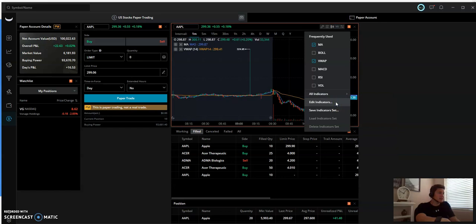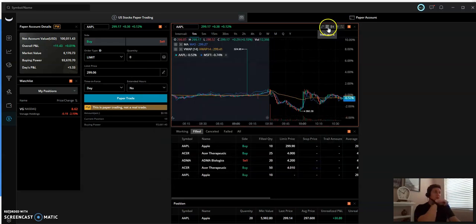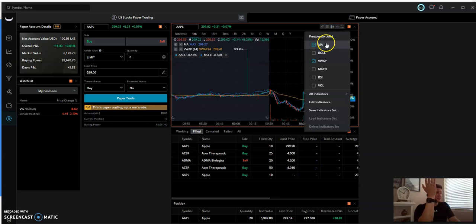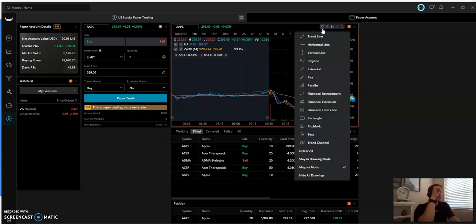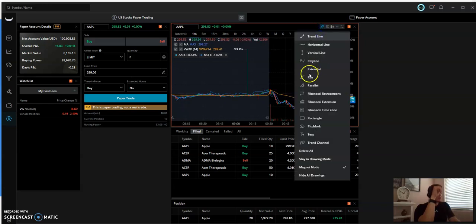You can edit your indicators that are currently on just by giving them more specific inputs. These are just kind of like your defaults. And you can feel free to play with this. Look at this. I could even change this. Like if I wanted to draw a trend line and just say, hey, this is going from here to here. That's kind of like my uptrending support right there. If it goes under that, I know it's probably going to go down the long term. I can also draw one from the top to the bottom just by clicking trend line.